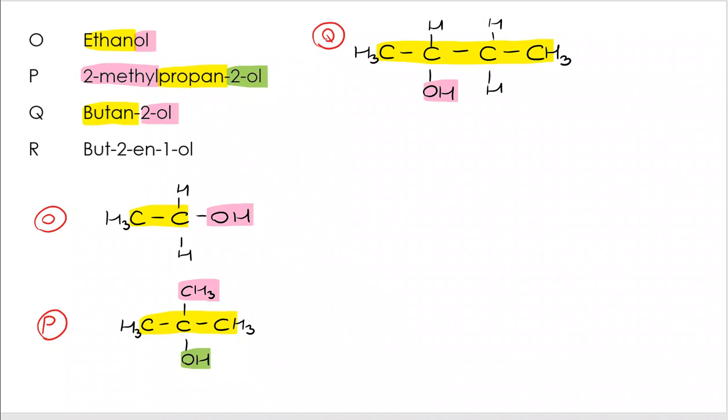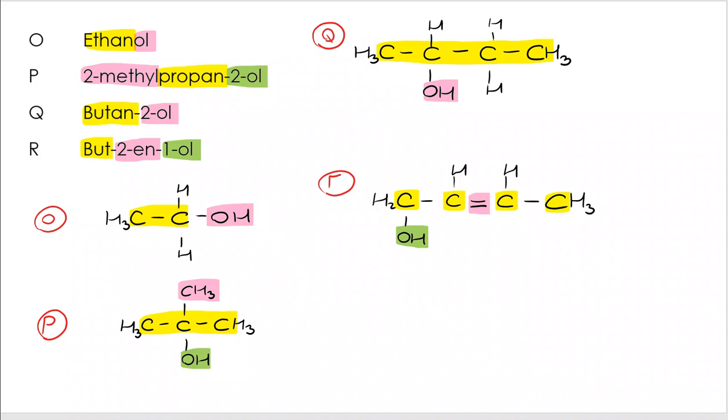And but-2-en-1-ol, slightly more complicated here. I've got my but, but I'm being told it's an alkene, and my double bond starts on the second carbon. So I've done that. I could have numbered from either end to have the double bond in that position. But I've also got an alcohol group on the first carbon, which I've now added, and I can now carefully add the remainder of the hydrogens. Again, remembering the 2 carbons as part of the double bond already had 3 bonds formed, so there's only space for 1 more hydrogen. And then S, T, U and V, and this takes us to the end of the